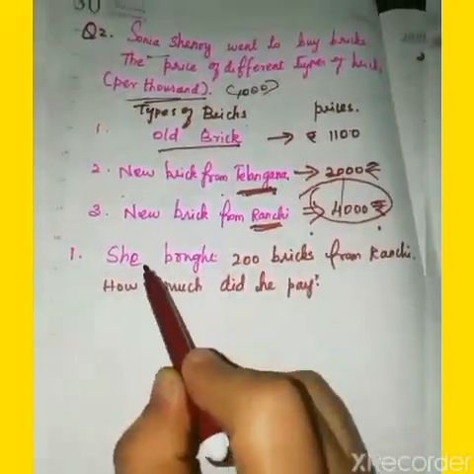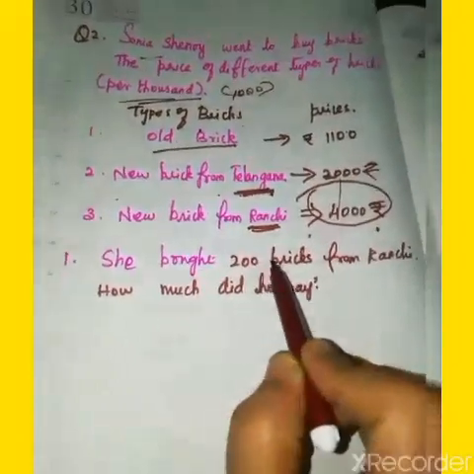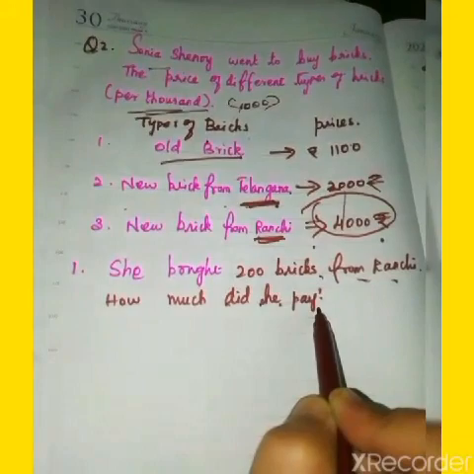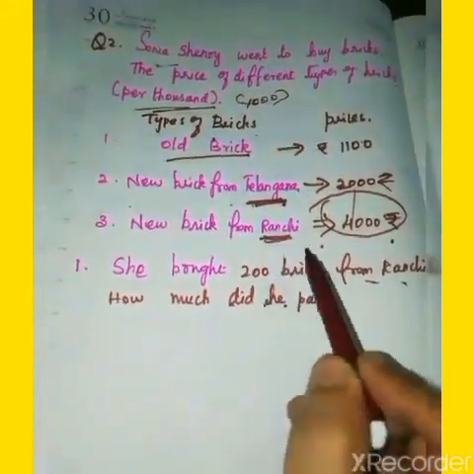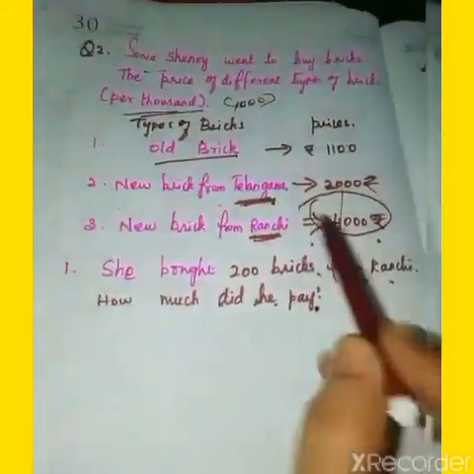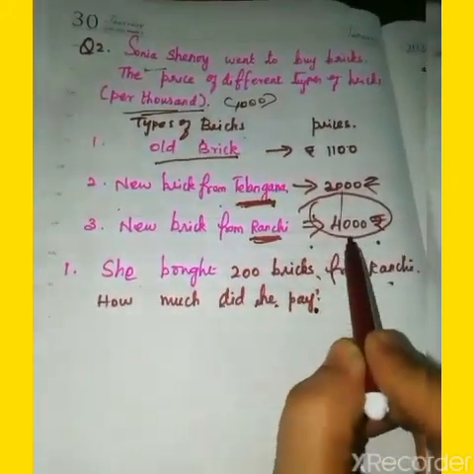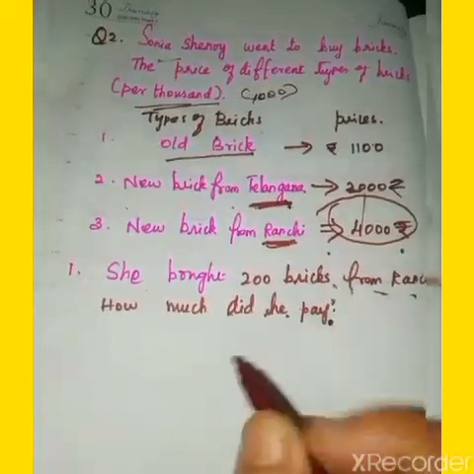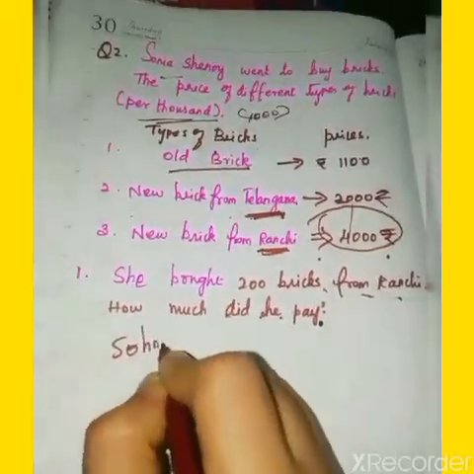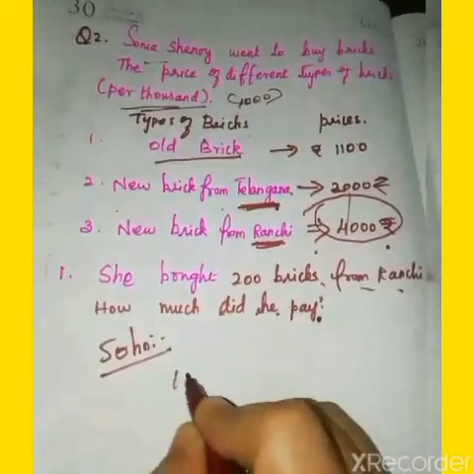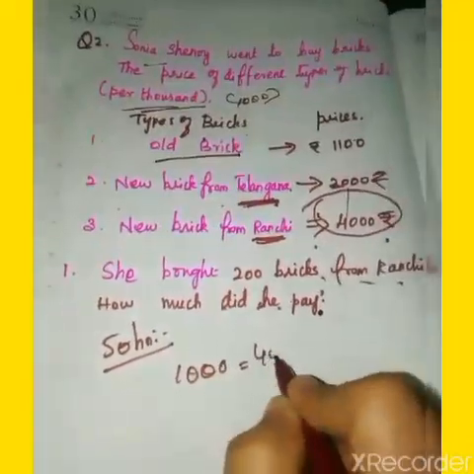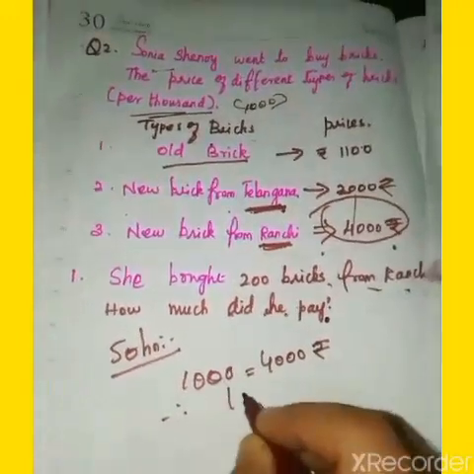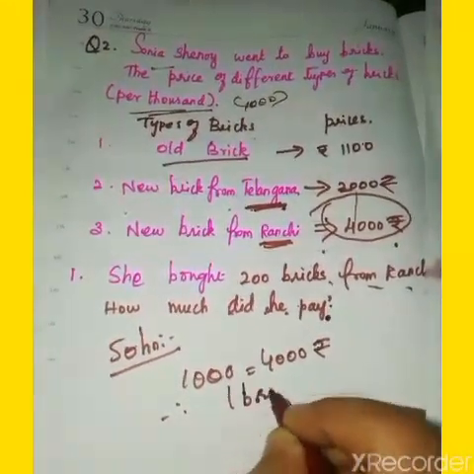Now we go to the question they are asking. She bought 200 bricks from Ranchi. How much did she pay? Isn't it? What are they asking? They have given the price list for 1000 bricks, 4000. But for 200 bricks, how much do they pay? First, the solution will be: 1000 bricks together cost 4000 rupees. Therefore, one brick